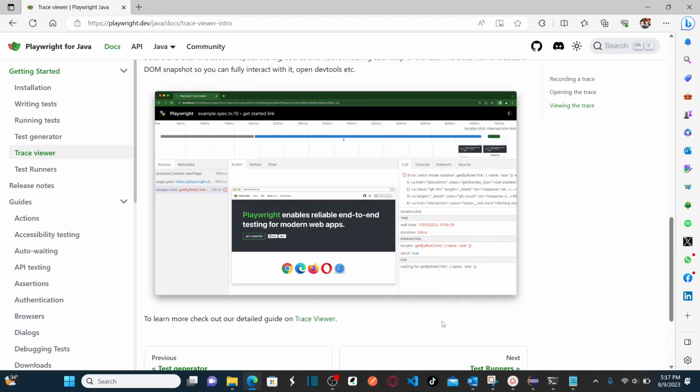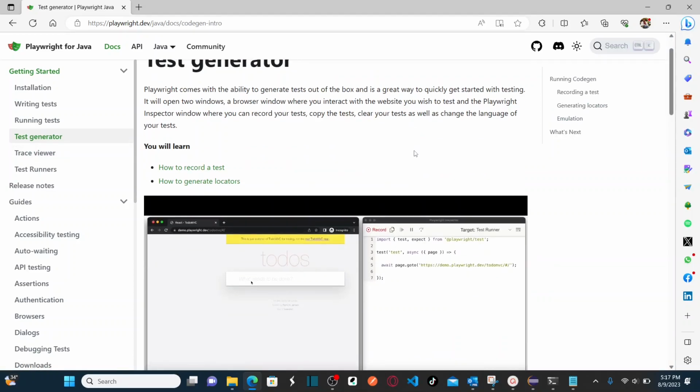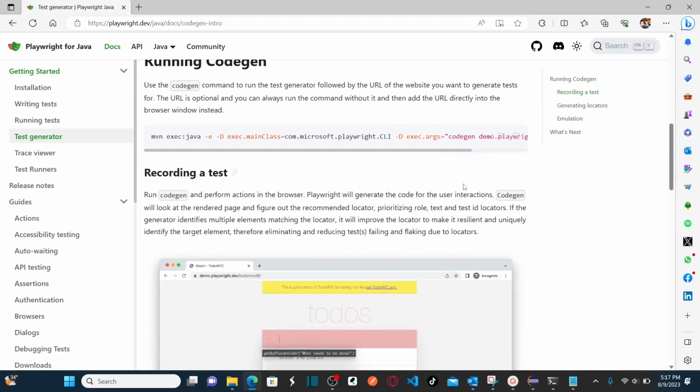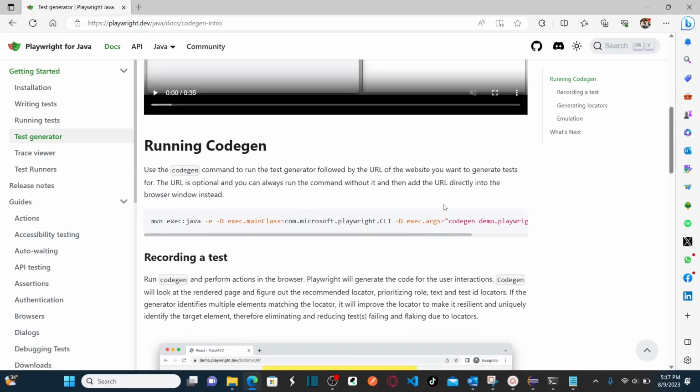Okay, so now let's go back to our project. So let's create one, let's record one test. Okay, let me show you live how the trace viewer works. Okay, so to generate the test, as I told you, the test generator is in my previous session. Okay, so you can see that session to understand the test generator. Okay, so as I told in that particular